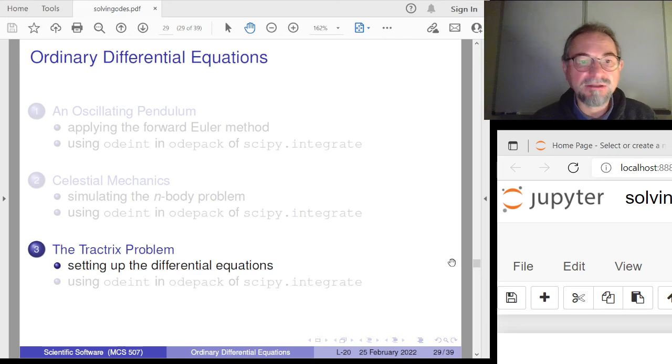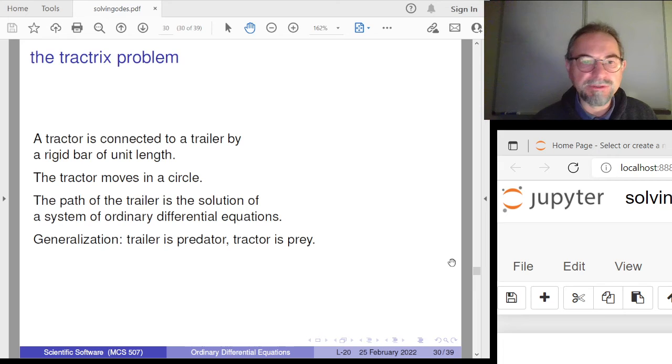So the last classical example is called the tractrix problem. What is the tractrix problem? It's modeling a tractor trailer, where there is a rigid bar between a trailer and a tractor. The tractor moves in a circle, and then we can ask what is the path of the trailer. Here in this problem, we take a fixed bar of unit length, but this model can also be used